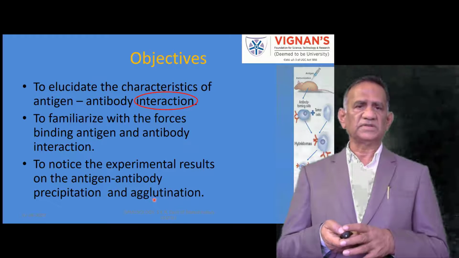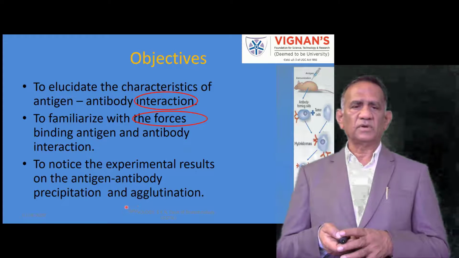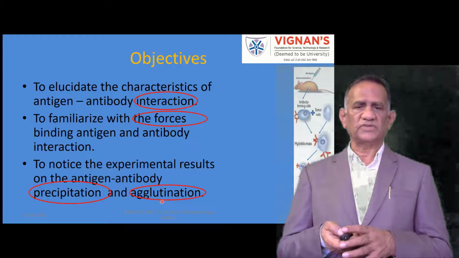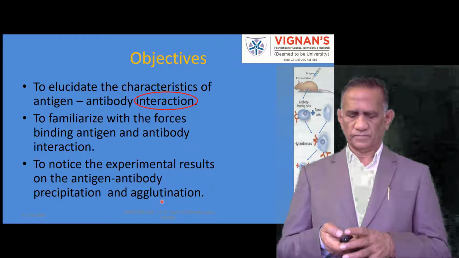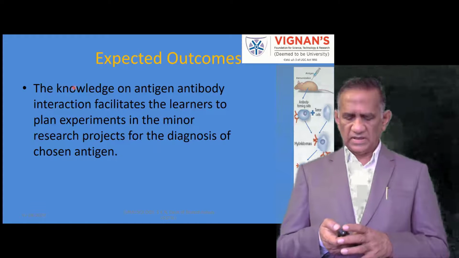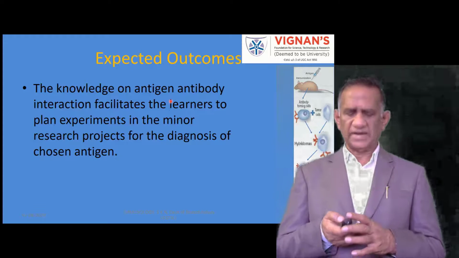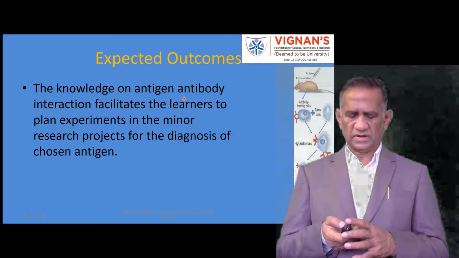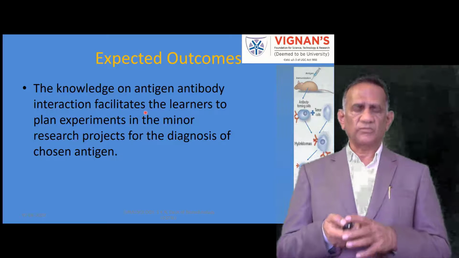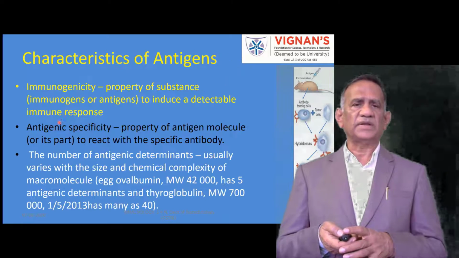Okay, so this is the interaction and the forces that make them bound, antigen and antibody, precipitation and agglutination aspects we are seeing now. Okay, now the next one is, after having gone through around 17 to 18 slides in this particular topic, the learners are going to have the following outcomes. The knowledge on antigen antibody interaction